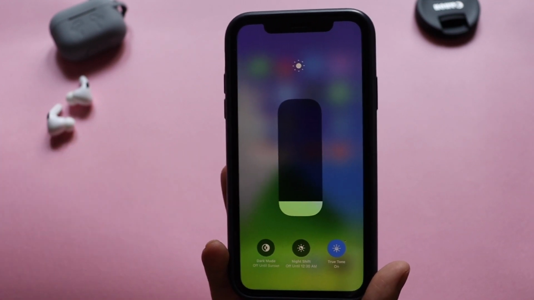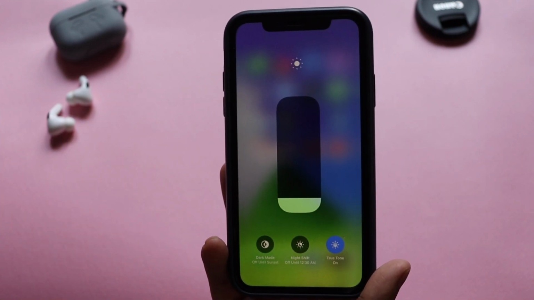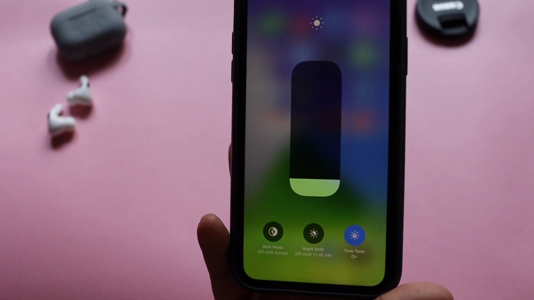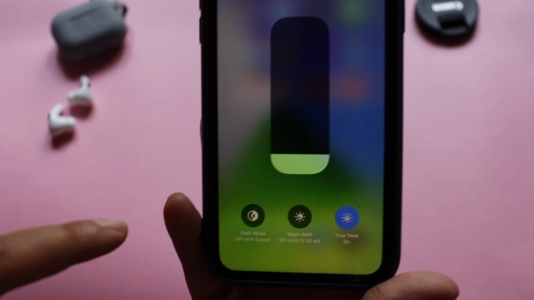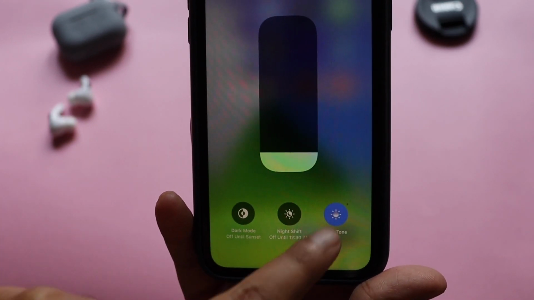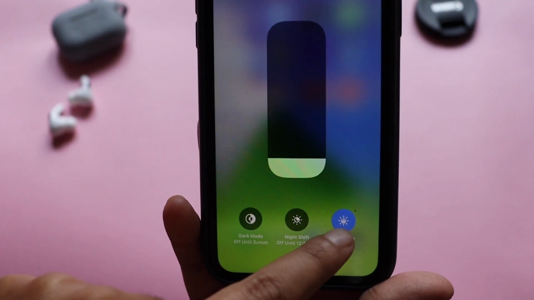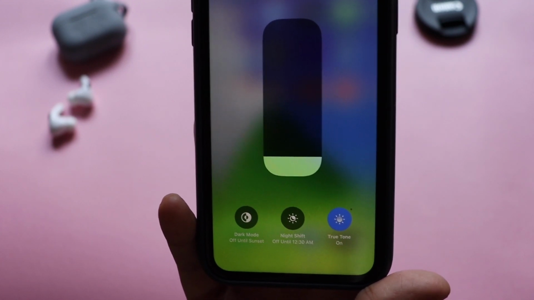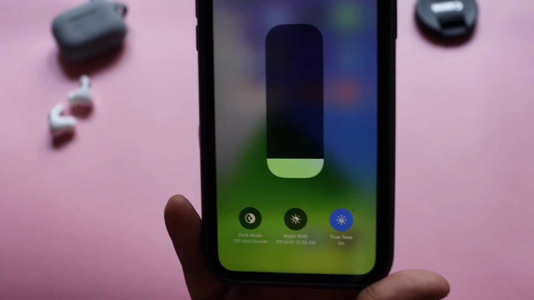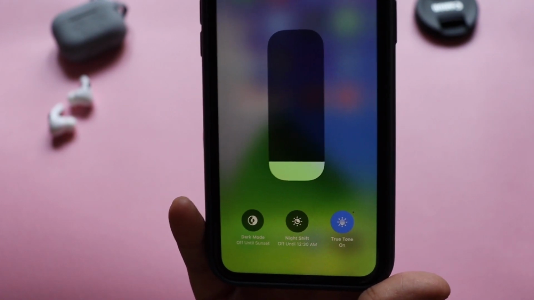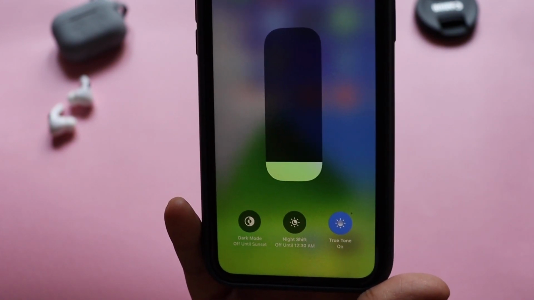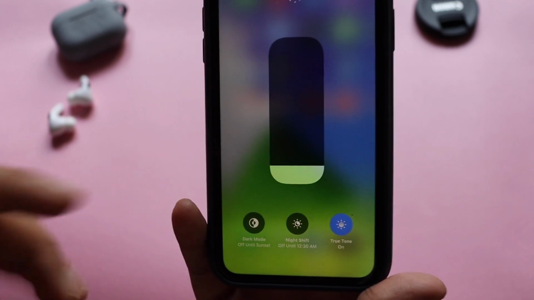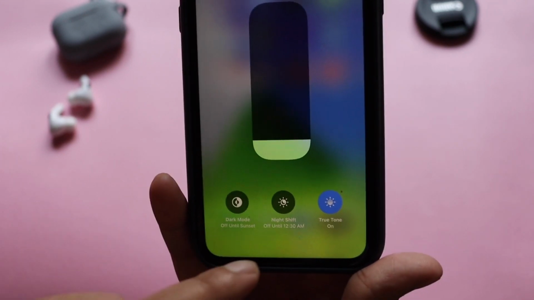Now I'm going to talk about something very basic which you should check on your iPhone. Come to display and brightness. Display depends on 3 to 4 things. As you can see right now on my iPhone, True Tone is on. If I switch True Tone on and off, the brightness or the color calibration of the display is going to change a little bit. What True Tone does is, whether you're in a well lit environment or in a dark room, it tries to adapt the display to the environment. So that's how True Tone works.